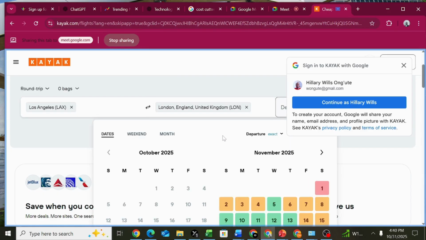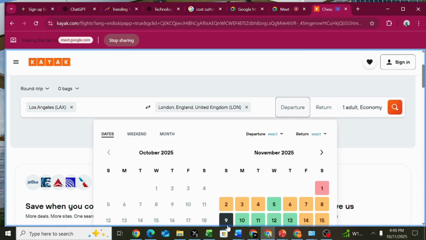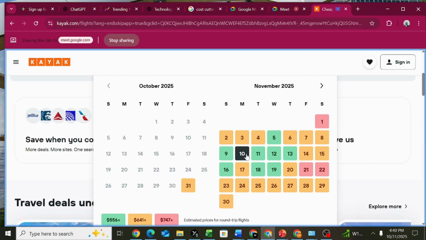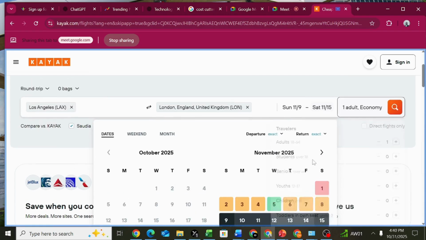United Kingdom. Now the date of their travel, let's hypothetically say the conference will start from 10th November, so they need to arrive on 9th. So they arrive on 9th, and the conference will end on Friday, so maybe they can travel on Saturday. So this is a 1 week travel.